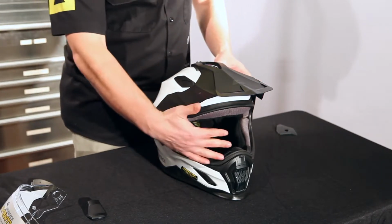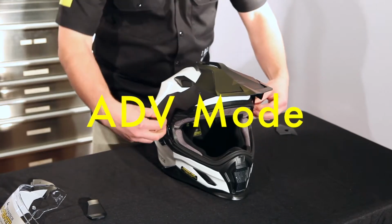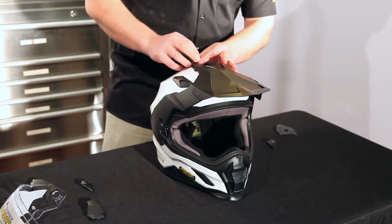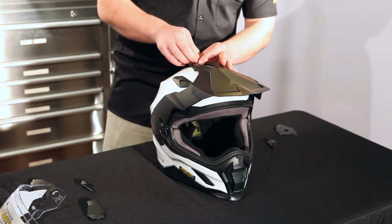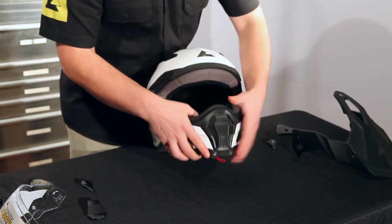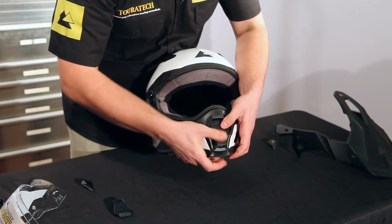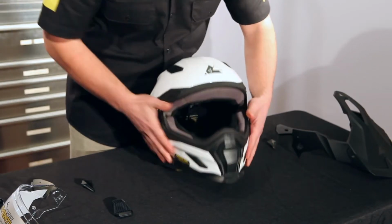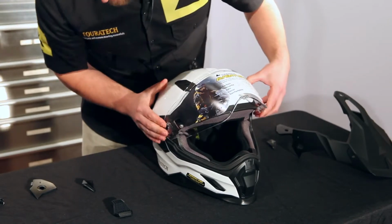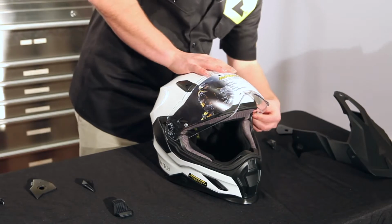To go back to adventure mode, we have to put the visor and the peak on. So first thing you have to do is remove the peak by flipping up the 2 side latches, removing the screw at the top, and we can change out the mouthpiece. Take the visor, put it back in the full open position, line up the tab on the top, clip it in,